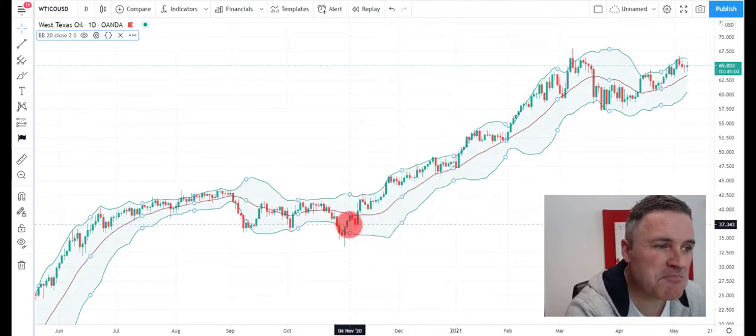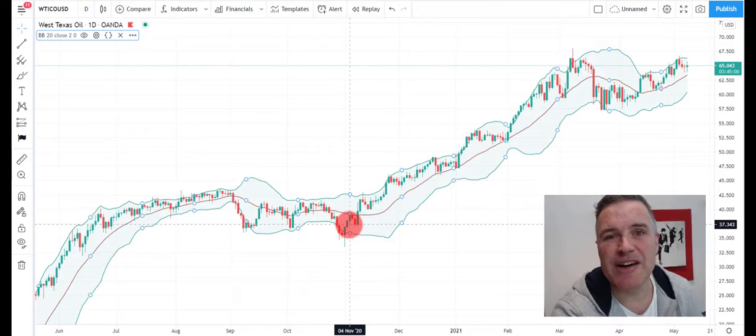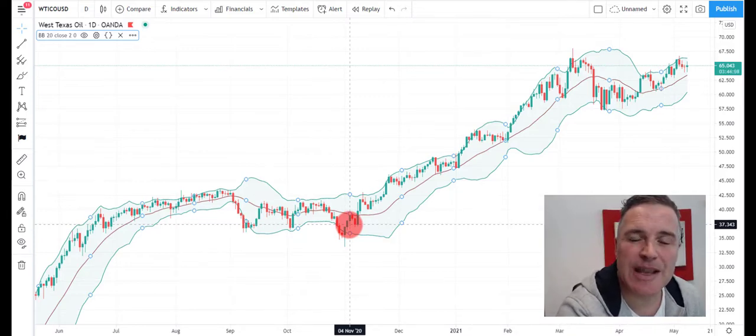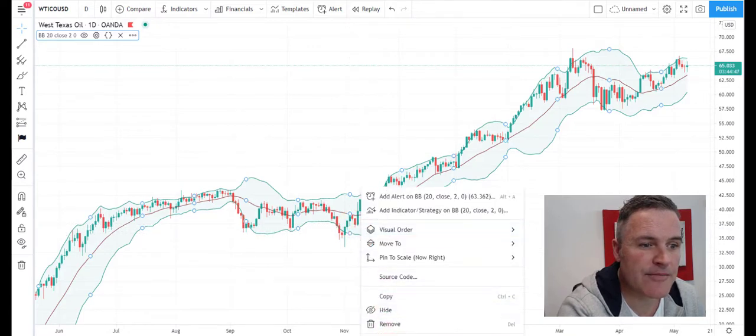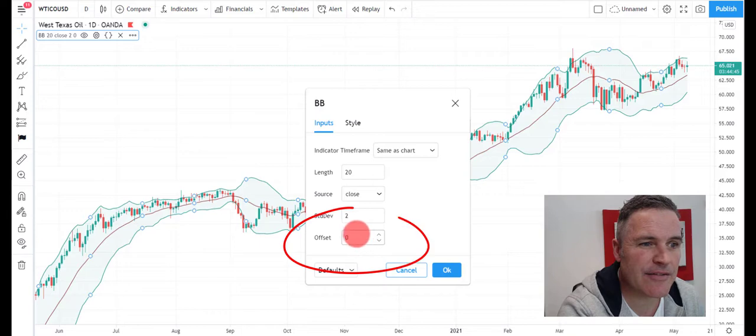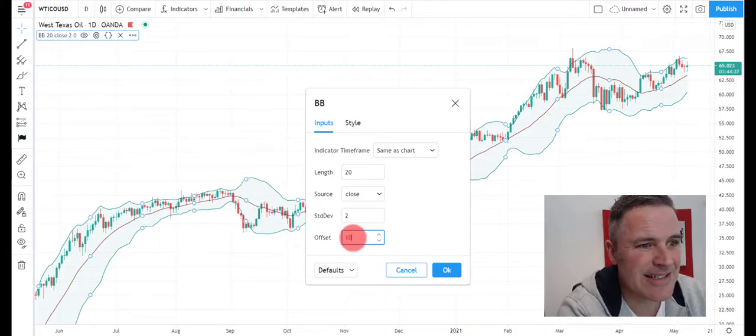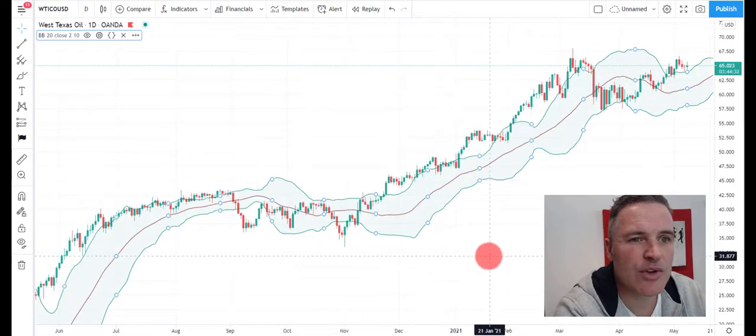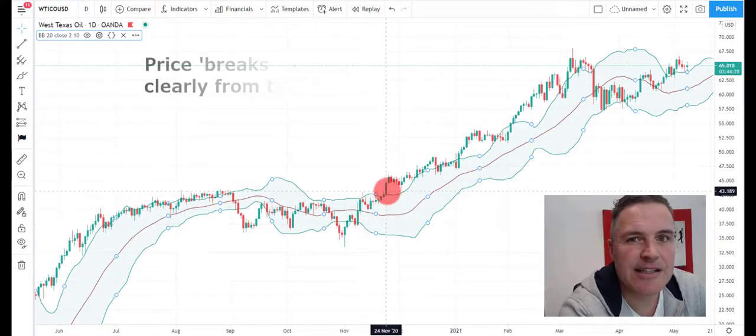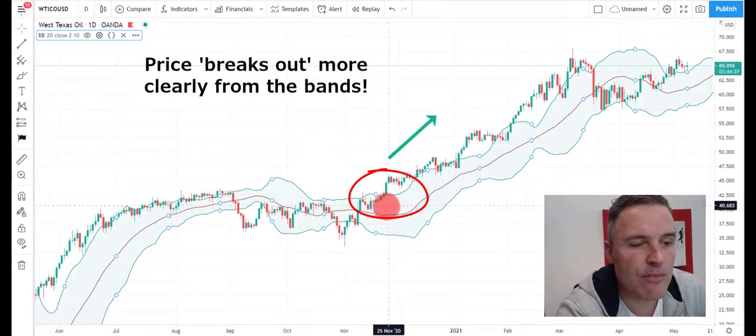Now, to me, the Bollinger Band rules are a bit vague and quite difficult to translate, so I want to make it more objective rather than subjective. And if we go back to the settings button, there's a clue in the bottom box there. See the offset function set to 0. Now, if we set that to say half the length of the Bollinger Band, 10, that's going to shift everything positively, and all of a sudden it's created a breakout strategy for you,